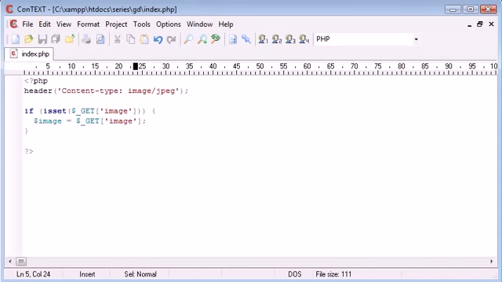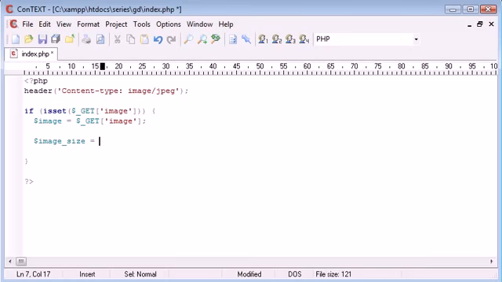And the reason I'm doing this is so I can use this image variable later on in the code and reference it a lot easier. Okay, so there's a few things we need to do now, and that is first of all get the size of the image. And when we use the getImageSize function, we actually create an array of the sizes, the dimensions of the image. So it sounds probably complicated, but let's go ahead and do it, and you can see that it's not at all. So I'm going to create a new variable called ImageSize, and this is going to equal